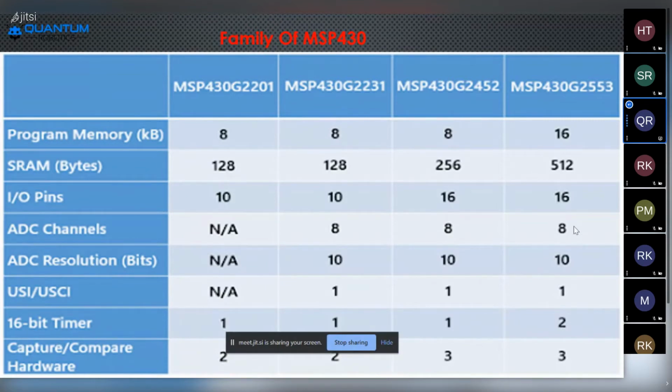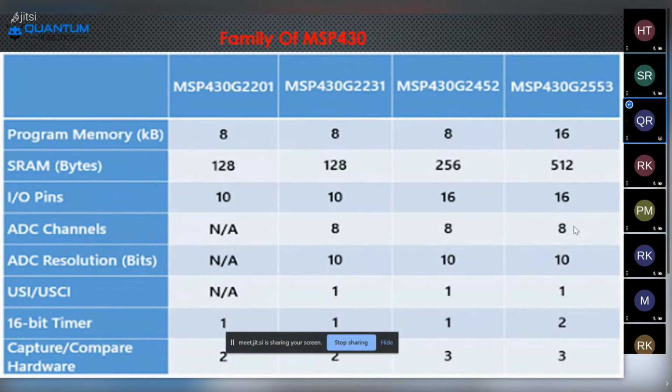When we go through another family, the MSP430G2231, the program memory is 8 kilobytes and the SRAM is 128 bytes. There is no difference between the 2201 and the 2231, only a slight difference. The input and output pins are 10, the same.